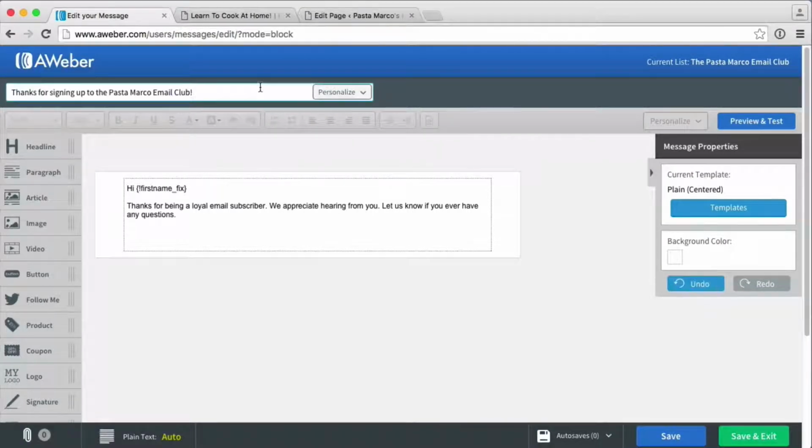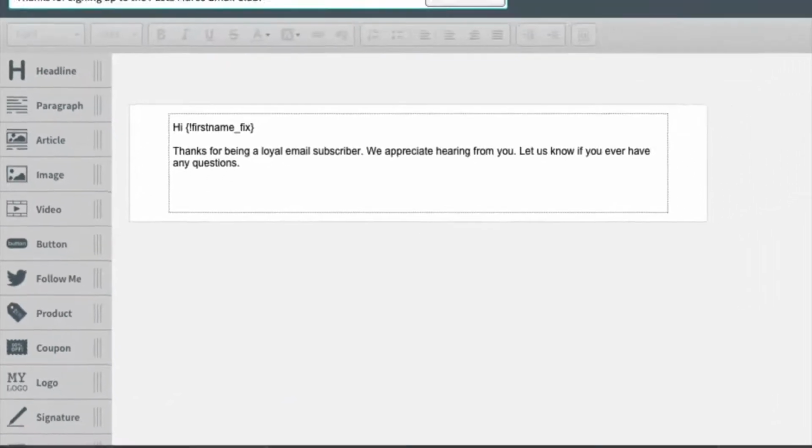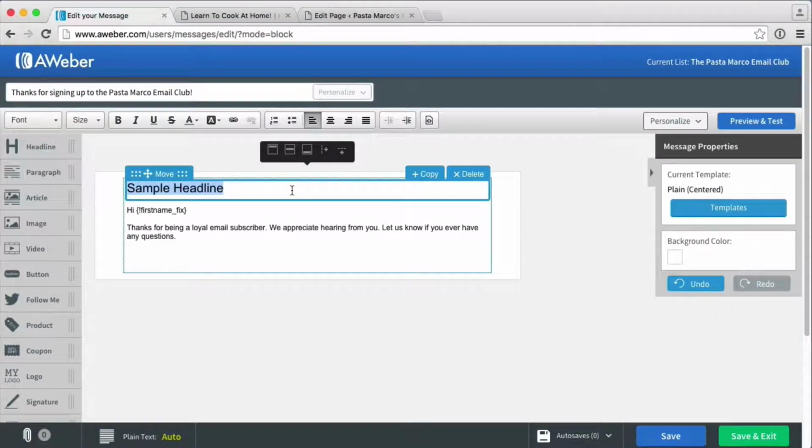Now, there are lots of different ways to craft a subject line, but for now, we'll keep it straightforward and simple. Thanks for signing up to the Pasta Marco email club. Now we'll move on to creating the email itself. With the drag and drop editor, we can easily add elements to our message such as images, text blocks, and buttons. For example, we'll add a headline to our welcome email,